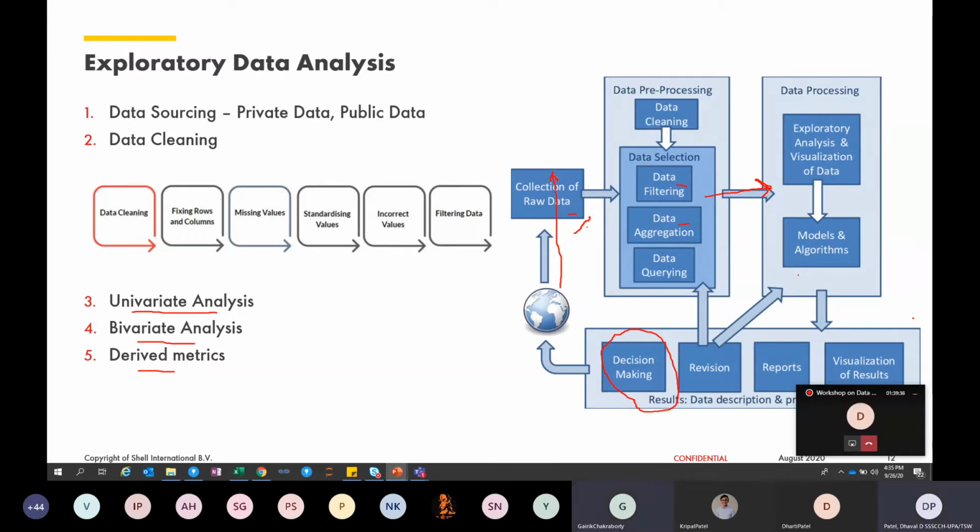Okay. Sir, we can also compare it to the seismic data pre-processing and processing steps. Yeah, that's correct. For seismic, well, seismic is a very complex data, right? It's not very simple like production and so on. Yes, for seismic, all the steps will be very rigorous. You need to filter all the data which is not in your reservoir and so on. We need to aggregate, and modeling as well will be very rigorous there. We need to apply neural net, if you have heard of that, and so on. So seismic data can be very complex, yes.